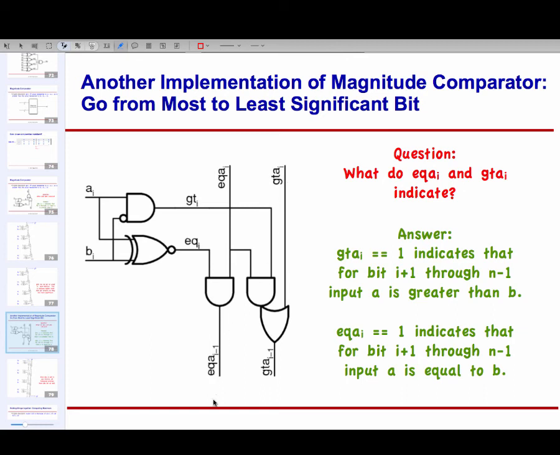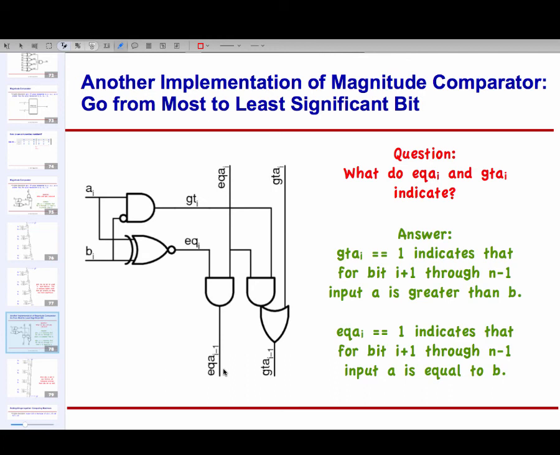And then I'm going to keep generating this signal the same way out here. So to the next lower bit, I'm going to say that A is equal to B thus far if it was equal up to the previous stage and the current stage also says equal, right? That is, all the previous bits are equal. So that's the equality.